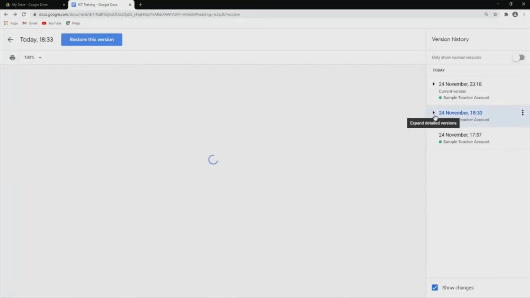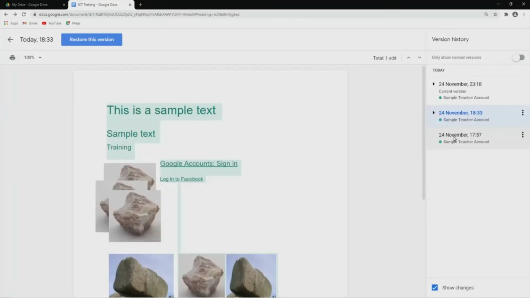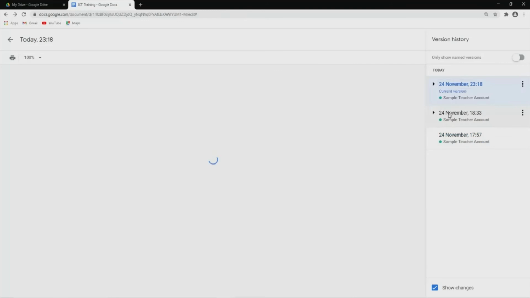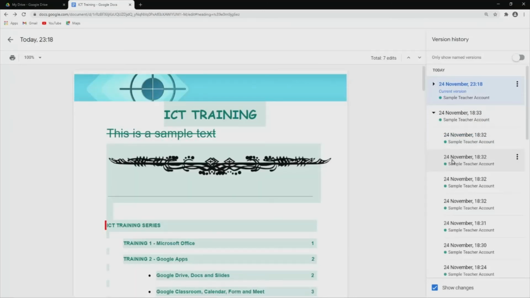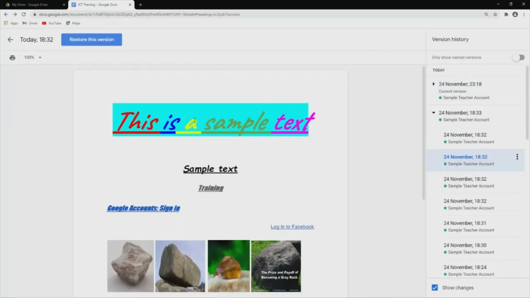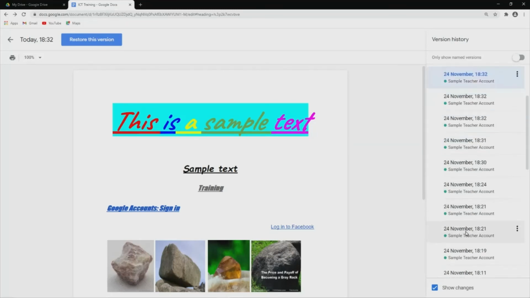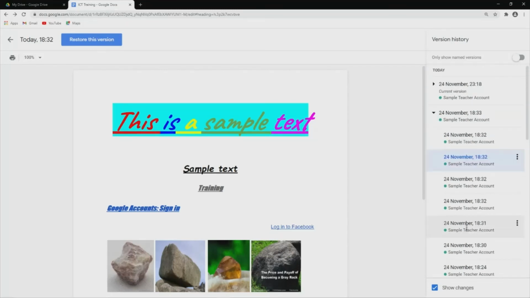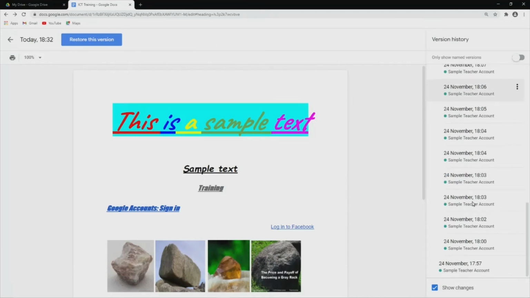So if you want to, for example, go on this, you can restore this version without affecting any other versions right here. It will just add up, but all the other versions will still be right here. Okay, just if you wanted to restore any versions, you can do that also. All right,